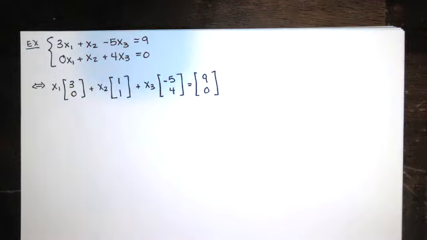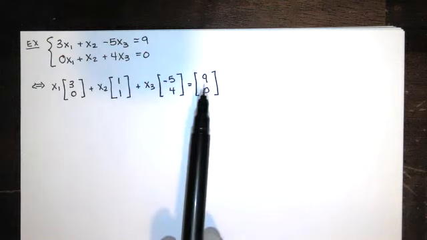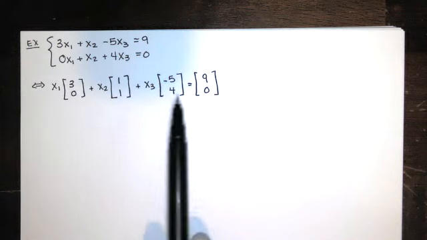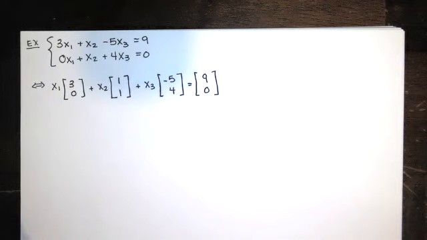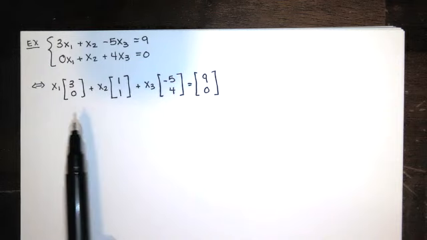So this system of equations is equivalent to this vector equation. So we might be saying to ourselves, okay, is it possible to write the vector 9, 0 as a linear